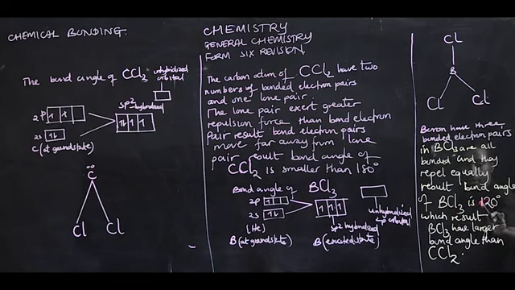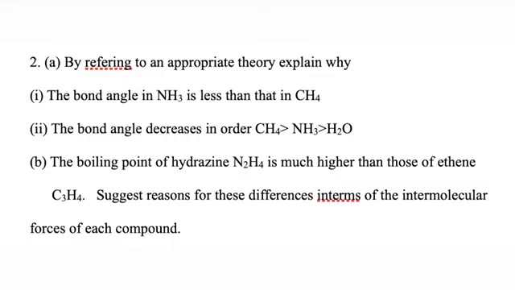The bond angle 120 is greater than the bond angle of carbon, which combines with two chlorine atoms and has one lone pair. So the molecule with two chlorine atoms has a smaller bond angle compared with boron combined with three atoms of chlorine. My students, let us go to